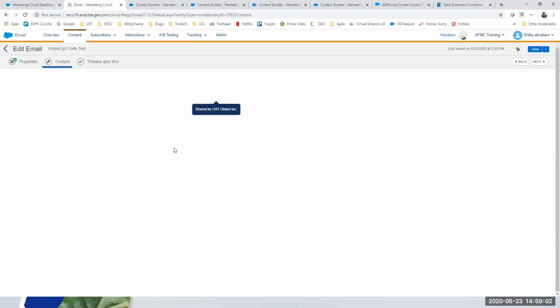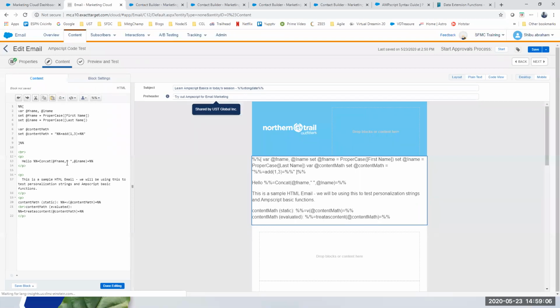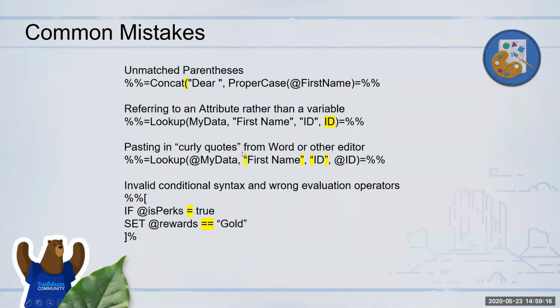So you'll see most of the quotes, the single and the double quotes that we have used, are all straight. But if you get them from somewhere like a Word document, these curly quotes, it will start showing you errors, and you will be figuring it out for a long time. What is the error? It doesn't tell you exactly. It is those quotes. So be very, very careful. Like when you say there is some problem with the attribute, that is all it will tell you.